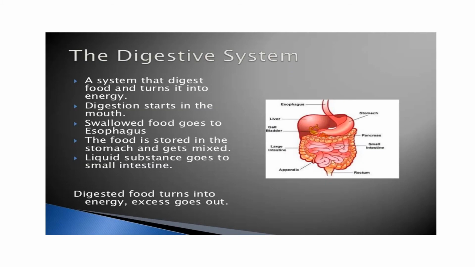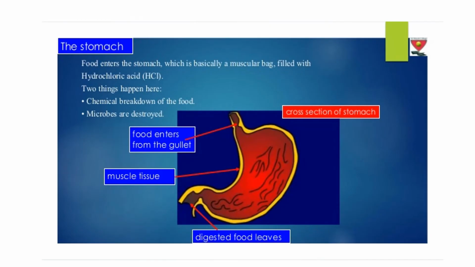From the mouth, the food goes into the food pipe and then enters into the stomach. From the mouth, food enters into the stomach through the food pipe or esophagus. The stomach is a muscular, J-shaped bag-like organ in which food can be stored for a few hours. Here, food mixes with digestive juices secreted by the walls of the stomach, and food is partially digested here.